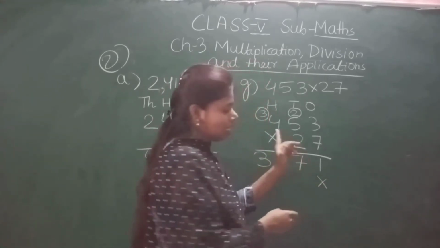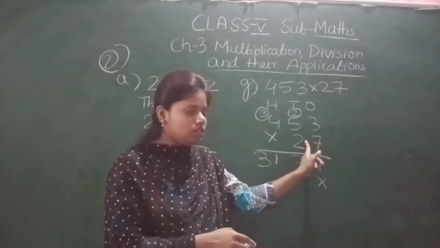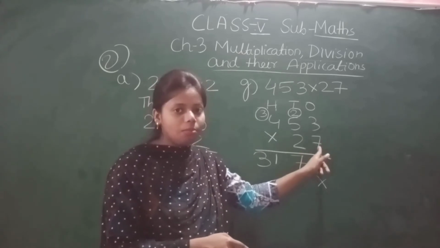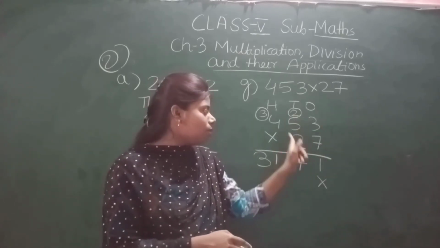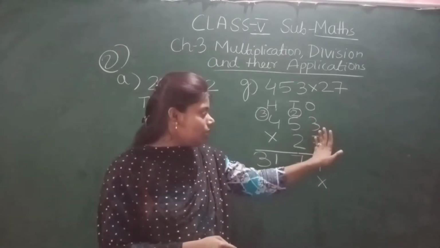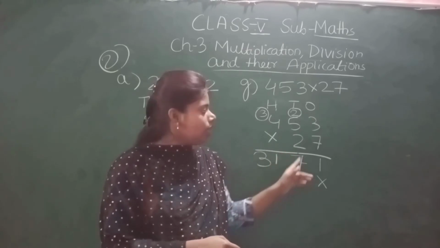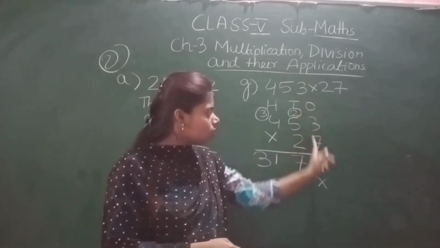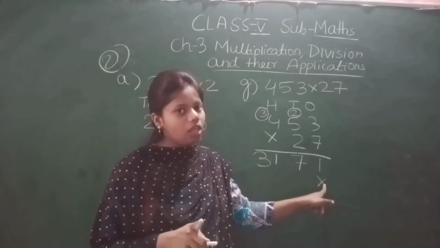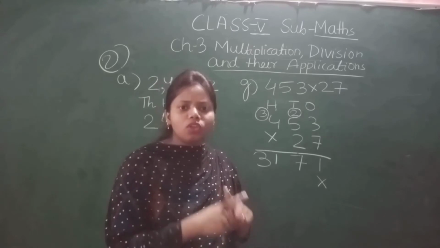When you go to the second digit, what will you do? You will put a cross. First you will multiply by this one. Don't multiply by this first. You have to multiply by this number first, then you have to multiply by this number. Now what I said, think 7 is not there, only 2 is there. Below this ones column, what will you put? You will put a cross. Don't start from here. Here you will put a cross. You can write 0 or you can put a cross also.